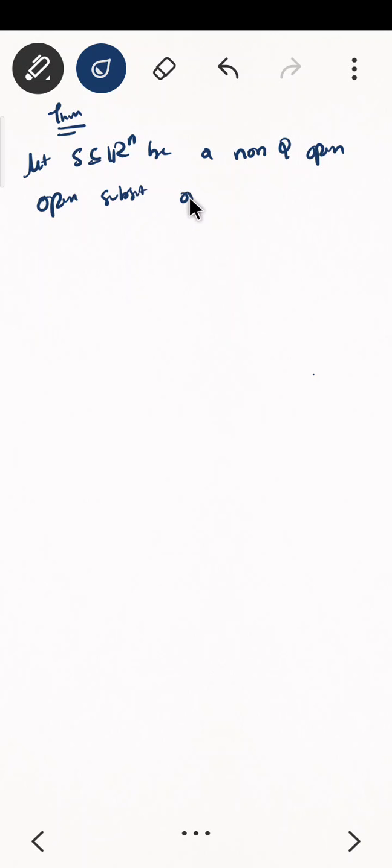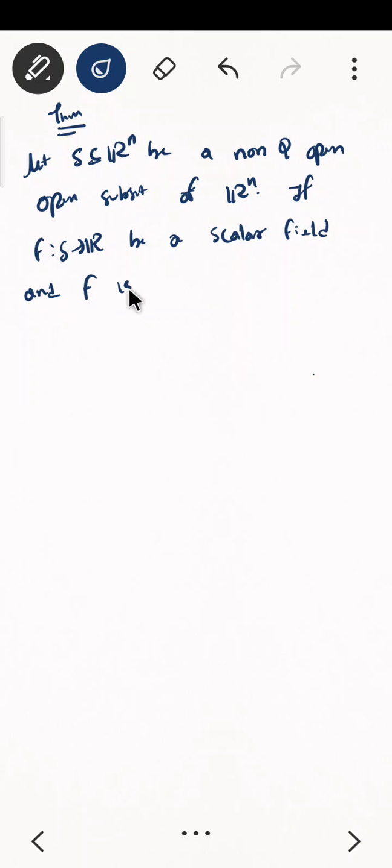Which will require to prove the chain rule. Let S subset of Rn be a non-empty open subset. If f from S to R is a scalar field and f is differentiable at a belongs to S,